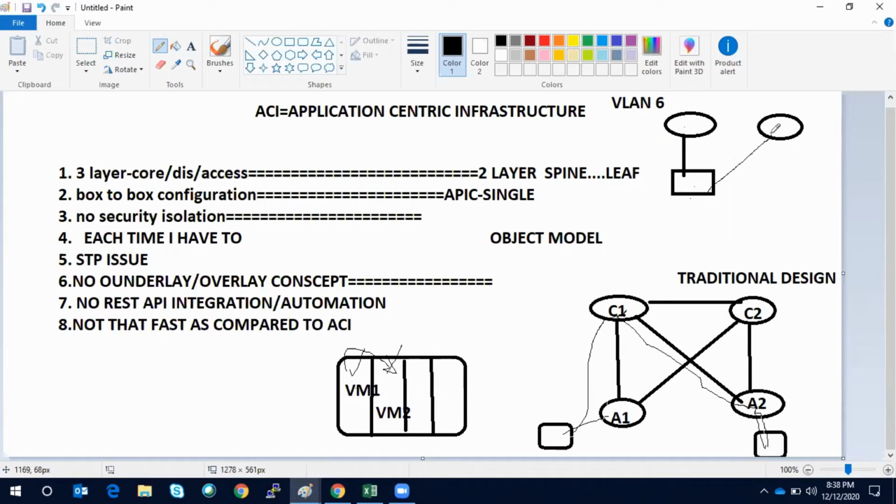But ACI has this pervasive gateway or anycast gateway that is very useful for application deployment and east-west traffic. Now you know that in the APIC you can integrate with the REST API, and you can create the configuration like your BD and all the network constructs and policies with the REST API integration, which is not possible in traditional networking.